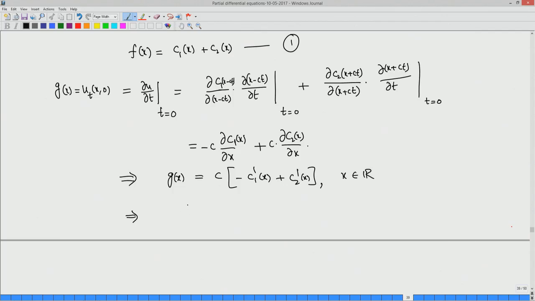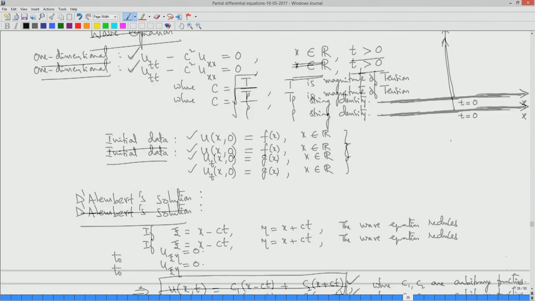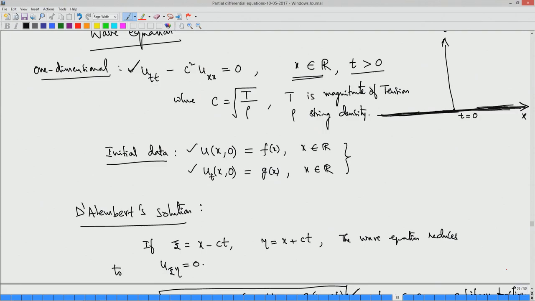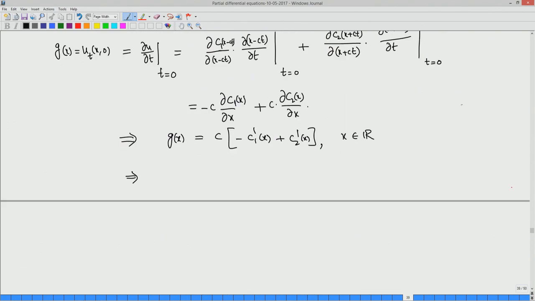So you have an initial value problem, t equal to 0. Anyway, you can just integrate from any fixed point x naught in your x domain. The x domain is the real line. You can choose any point x naught to x, where x is an arbitrary value. If you integrate from x naught to x, g of s ds, where s is just a dummy variable, it is equal to c times